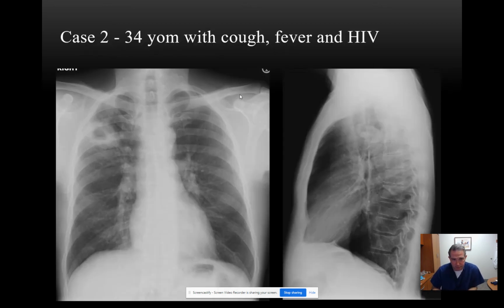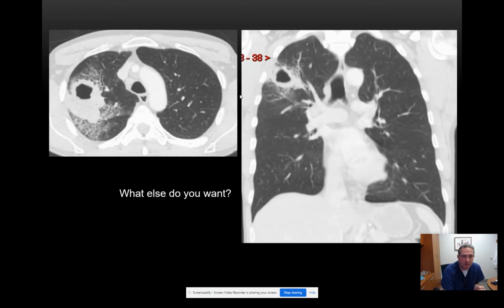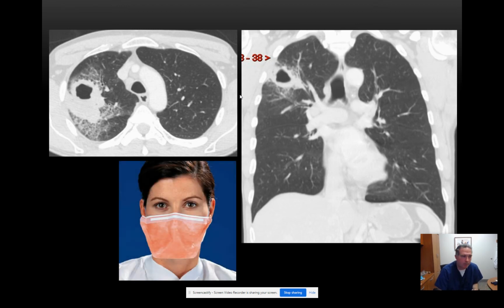It was a little bit different. 34-year-old with cough, fever, and HIV, a cavitary lesion in the right upper lobe. CD4 count is 400. They go on to CT. What else do you want? A mask. Again, making sure if you're reading a chest x-ray like that in the ED or a CT scan, in this case with cough, fever, and history of HIV, I think it's pretty clear that this is active reactivation TB. You want to make sure that the healthcare workers seeing this patient are